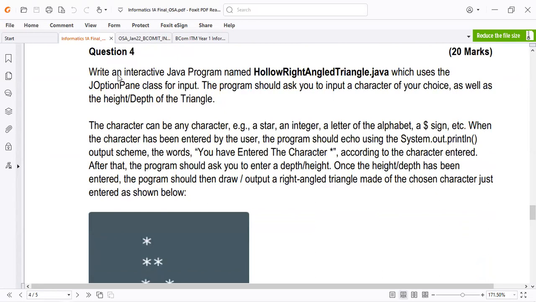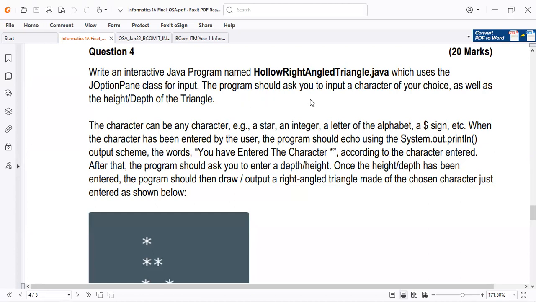The hello right angle triangle.java. Remember, it's an interactive Java program named hello right angle triangle.java, which uses the J option. So they are giving you the hints already. You need to import.